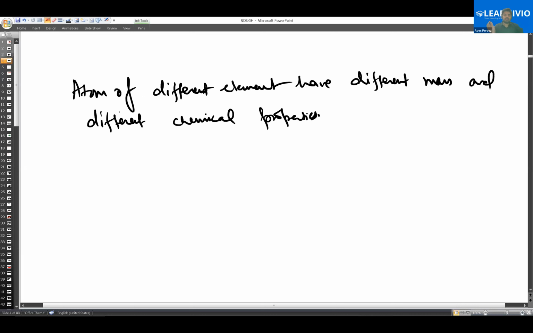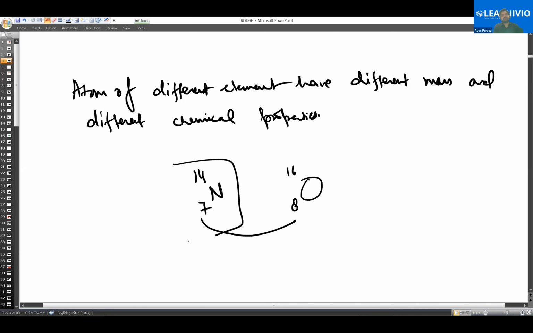Like for example, nitrogen has atomic number 7 and mass 14. Oxygen has atomic number 8 and mass 16. They are different elements, they have different chemical properties. You cannot survive with nitrogen gas because they have different chemical properties. But here the masses are also different. He said different elements have different masses. So you know that oxygen and nitrogen have different mass and different chemical properties